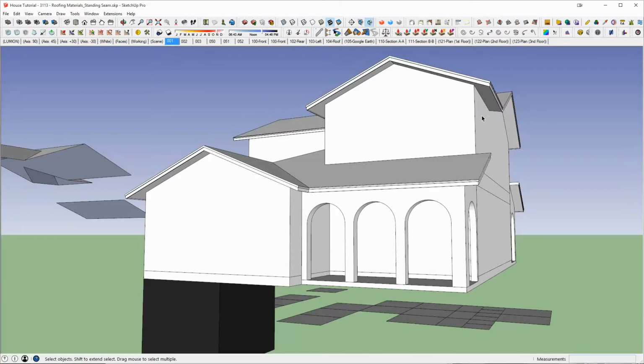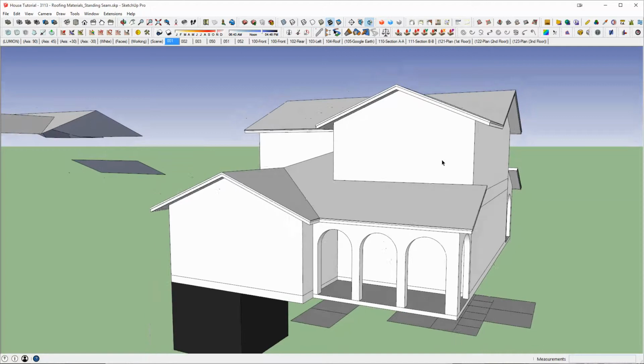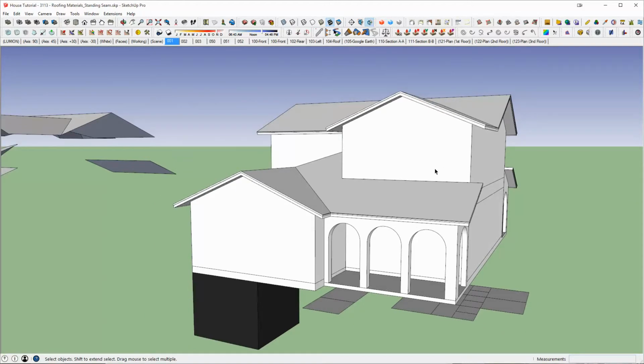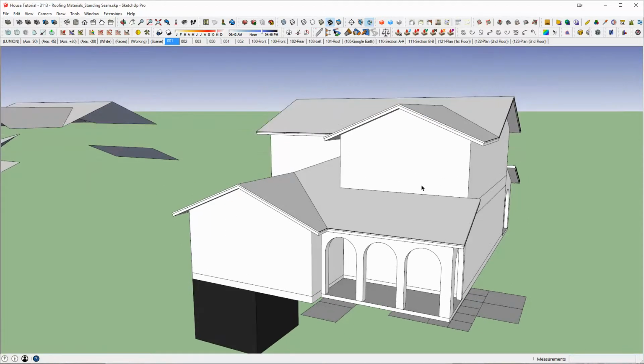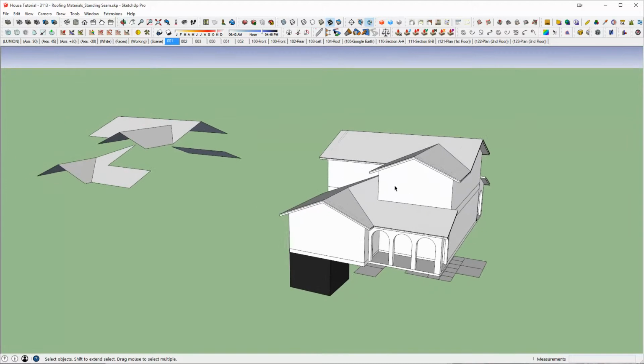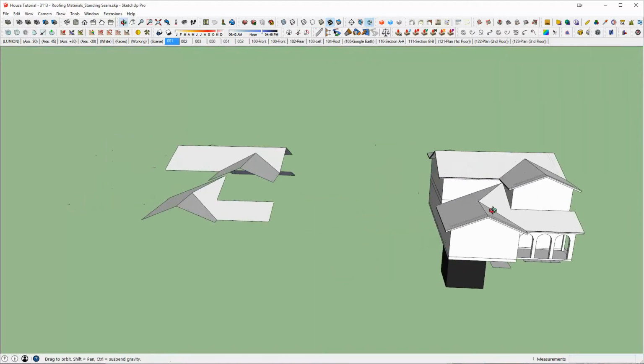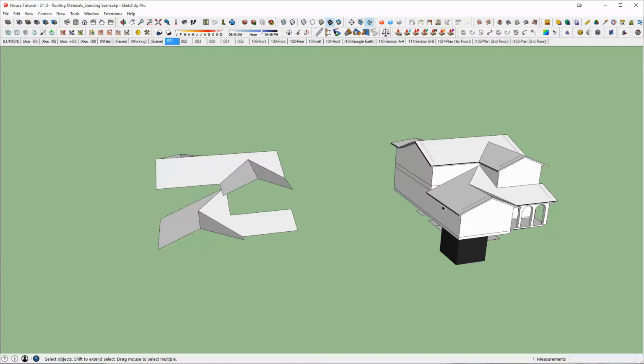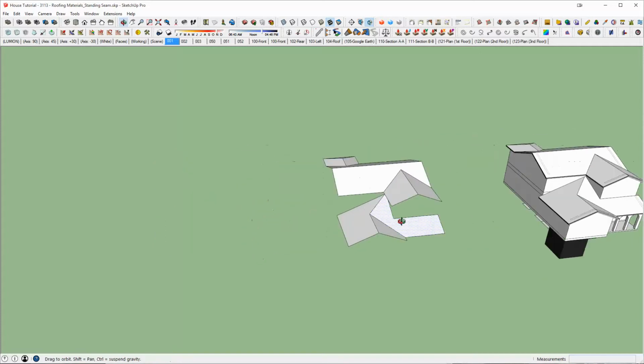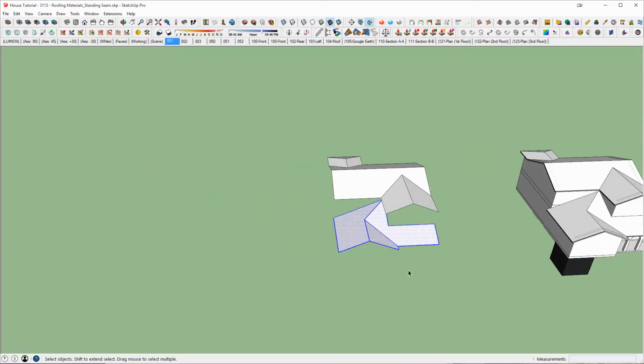Another material we can look at in creating 3D roofs would be standing seam. Now, if you watched the flat tile video, it's really going to be the same method, though there will be some slight differences. So we'll try and go through this one pretty quickly. But like I said, it's going to be pretty similar. So again, I'm just going to copy this over